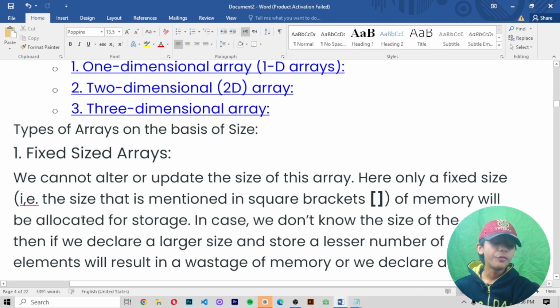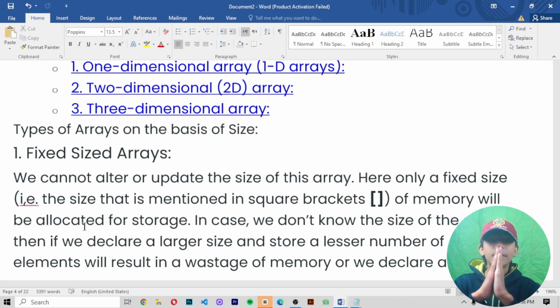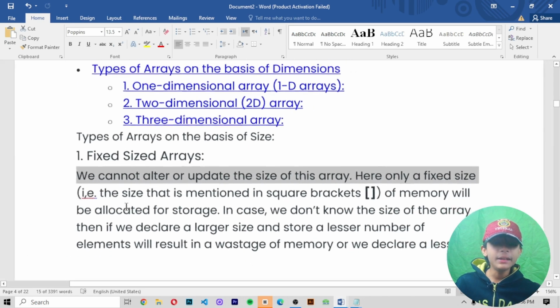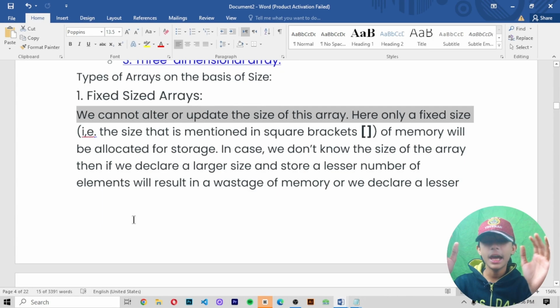Types of arrays on the basis of size. First, the fixed size array. I know many people do not know what a fixed size array is, so let me explain. We cannot alter or update the size of this array. It has only a fixed size; the size mentioned in square brackets is the memory allocated for storage.